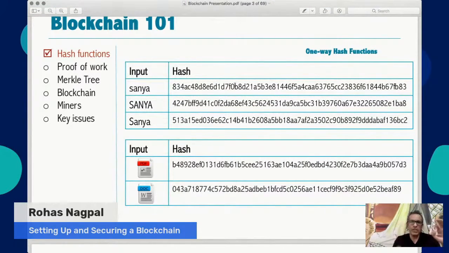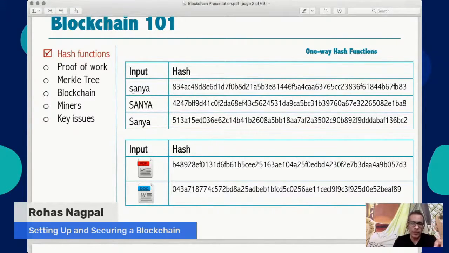So a hash function is a mathematical algorithm which is going to give you a fixed length output. So let's say there is a particular hash algorithm called SHA-1. No matter what input you give it, it will always give you a 40-character output. Similarly, SHA-2, 3, and the size of the output increases. But what is very important to remember is for a given input, the output will always be the same.